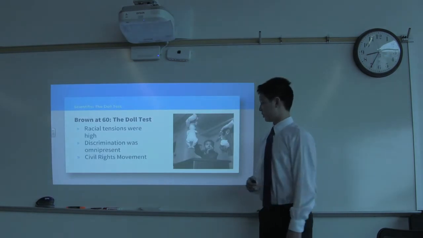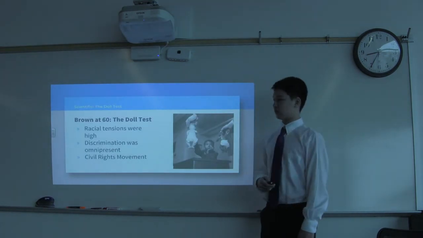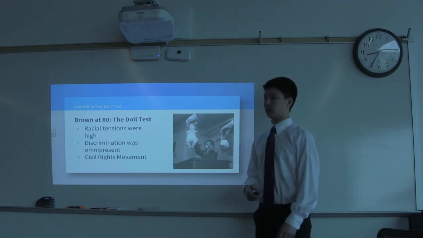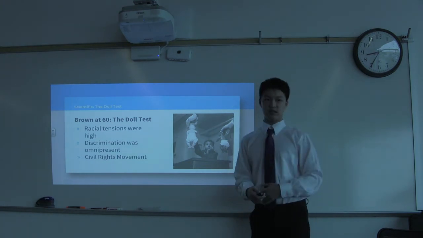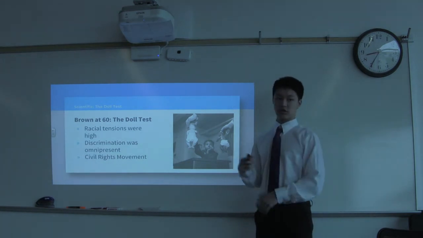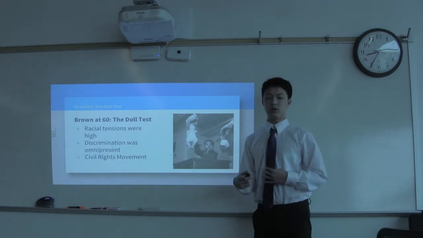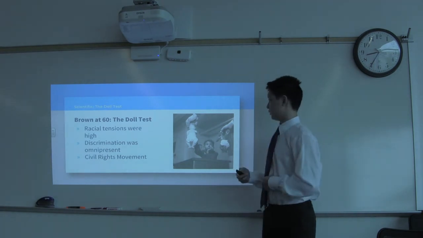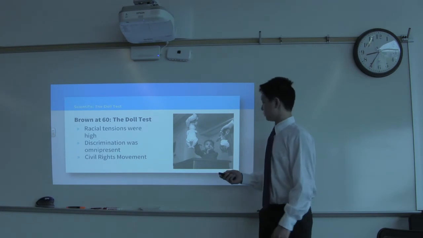And then this has been shown in multiple studies, like the Brown doll test. There's actually a study done in which children were expected to choose a white doll over a black doll. And take note, this is in the 1960s when there were high racial tensions. And the social norm at that time, because the black civil rights movement was going on, many people actually chose the white doll. But this is what the civil rights movement was trying to do. They were trying to stop this discrimination.